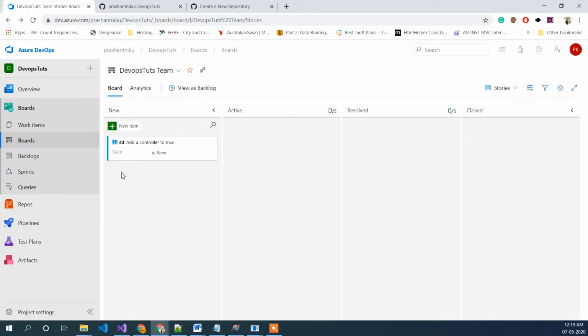In order to map it, we need to create a pipeline for that. The main purpose of adding your project to Azure DevOps is for creating a continuous integration pipeline. What it means is, whenever you commit anything, the pipeline detects it and creates a build for you, and inside that build we will be creating some release pipeline as well, and it will upload your whole project to your destination.